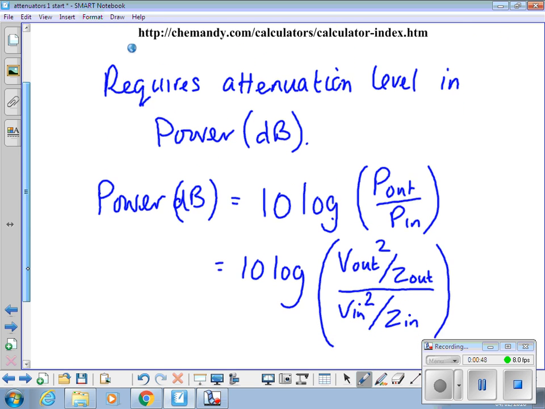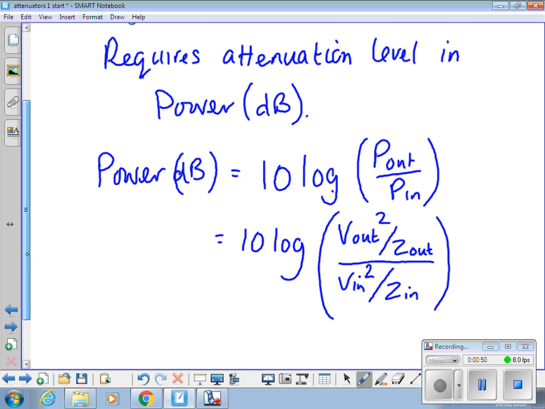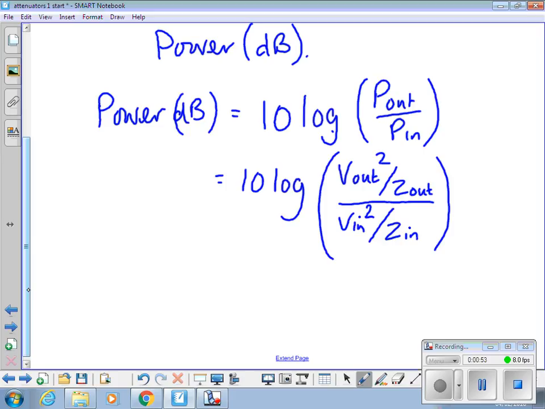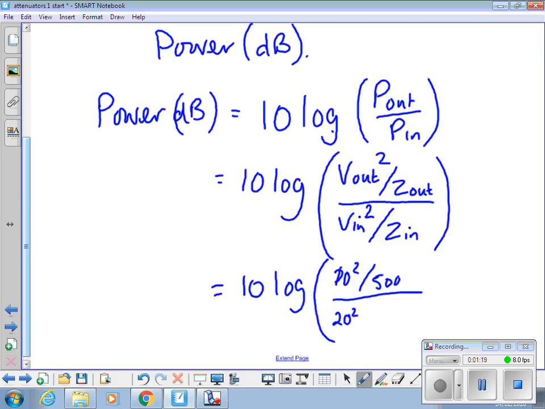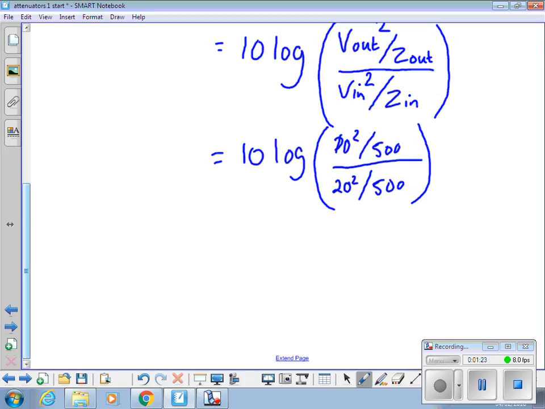They require you to input the attenuation level in power dB, so that's the formula you need to calculate it. We substitute in for P out and P in. The formula, power is V squared over Z. So we put in 10 log brackets 10 squared over 500, all divided by 20 squared over 500. And the result we get is